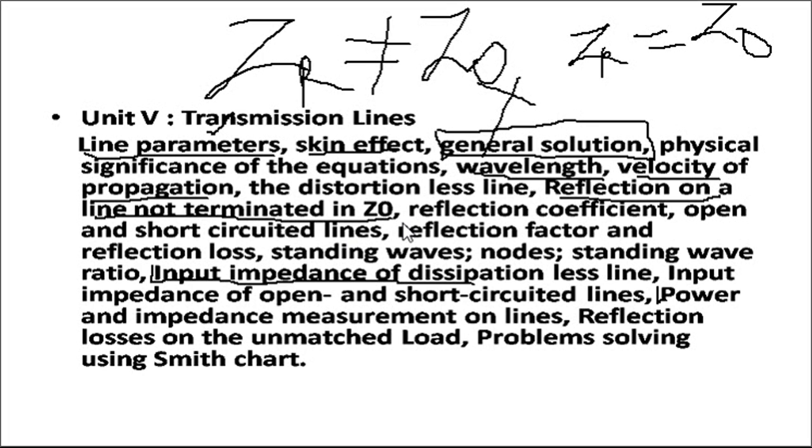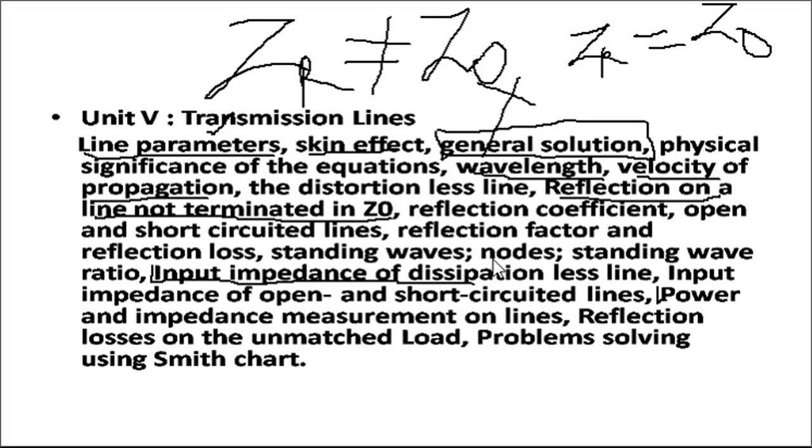Why am I giving stress? Because these are completely theory bits. If you start reading, this is just like a story, and no numericals are usually asked. But whenever I come to reflection coefficient and standing wave ratio, the problems of transmission line can be solved in either of two ways. They can be solved using a Smith chart, or by the normal method. So try to refer to your class notebook as well as your assignment notebook to solve some of the numericals related to it.